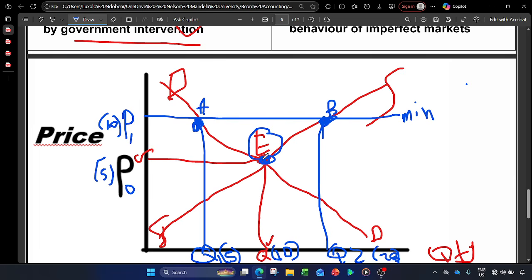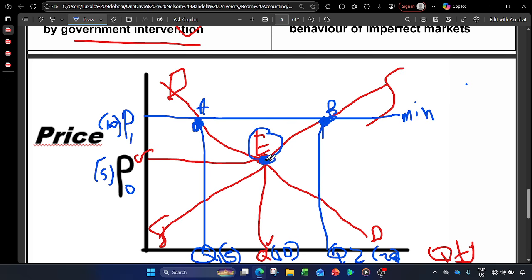So this was the equilibrium price, but now the government set the minimum price and the price increased from P0 to P1. But now, because the price is increased, no one is going to buy the goods and services, right? So the demand will decrease from quantity demanded 10, or Q, to Q1, or 5. But now, when it comes to the suppliers or businesses, when the price increased, they look at it in a profitable way,